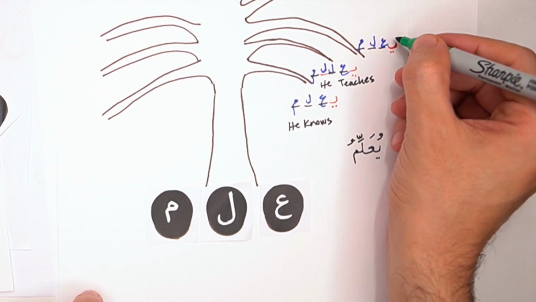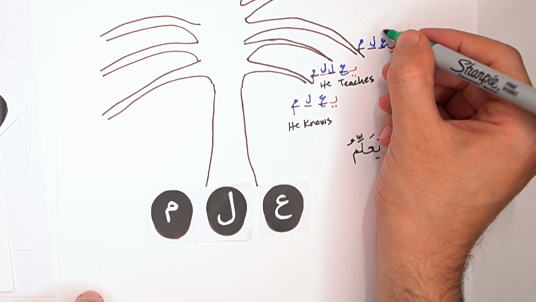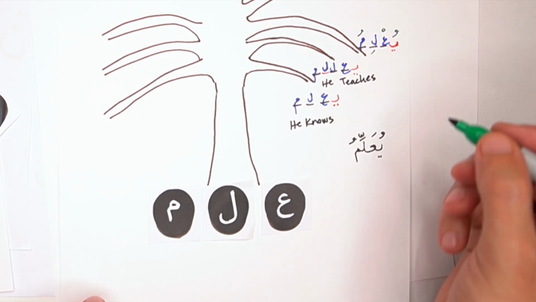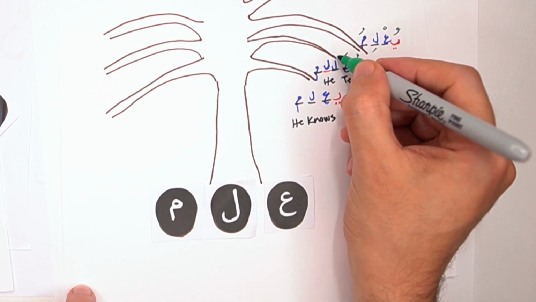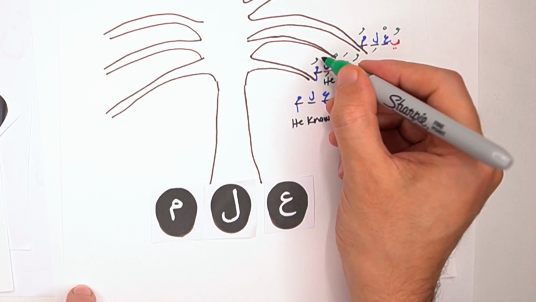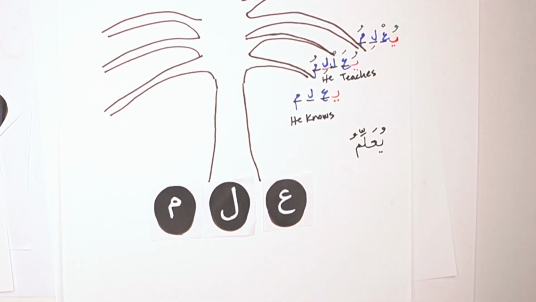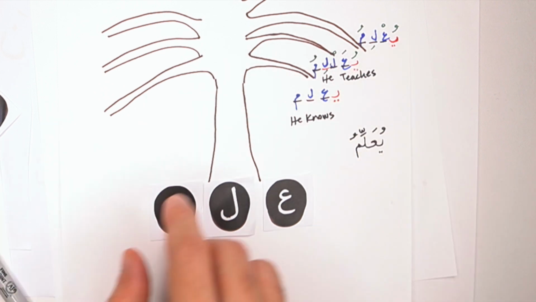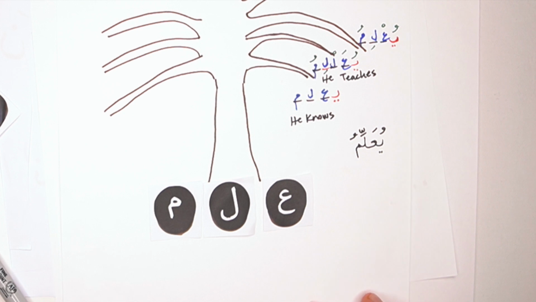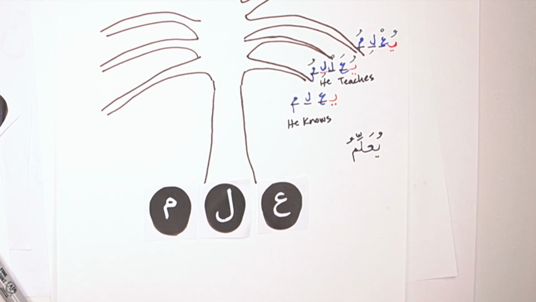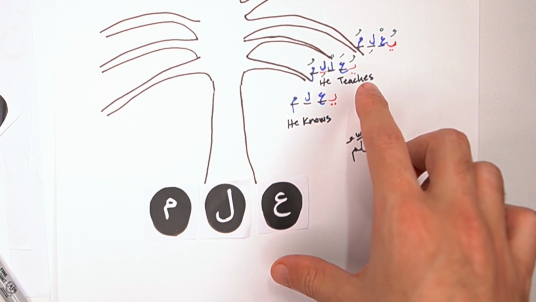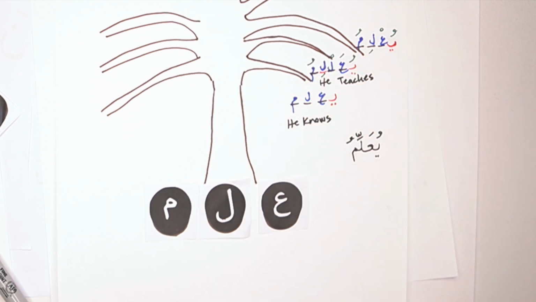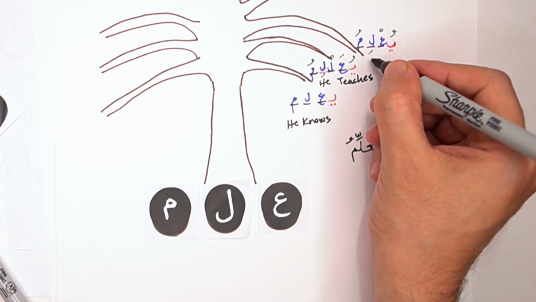So on the ya, you have yu, li, mu, and on this one, it's yu, al, li, mu. Okay, so this is yu'limu. So you see, it's a slightly different variation. At the moment, you don't have to worry about what each one is. We're going to cover all of them, inshallah, in detail later on throughout this series. But all you have to know is, sometimes you're going to come across this formation, sometimes this one, and sometimes this one. So yu'limu actually means he